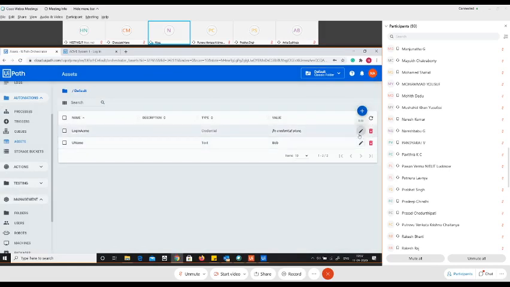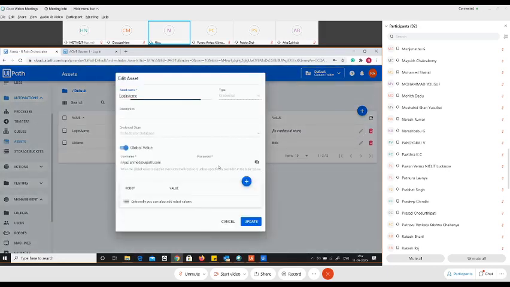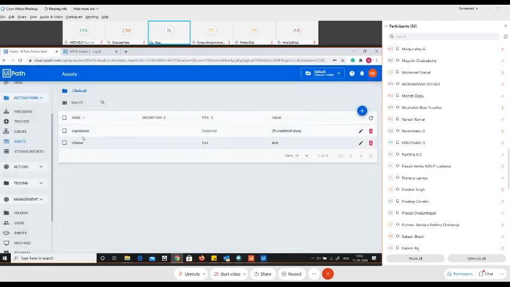Now, the credentials are so secure that if you go and edit again, you cannot see the password for yourself again. It's a highly secured way of protecting your password. So even you don't have access to the password, but the password still exists. If you update your password here, the previous password will be discarded and replaced with the new password. So now we have created an asset of the type credential, and the name is login Acme.